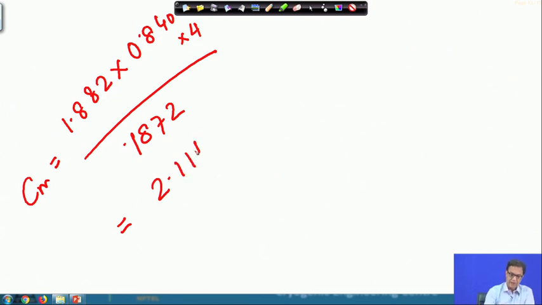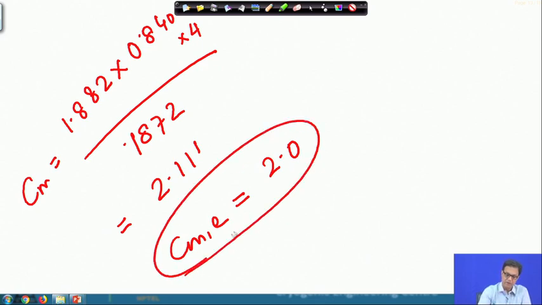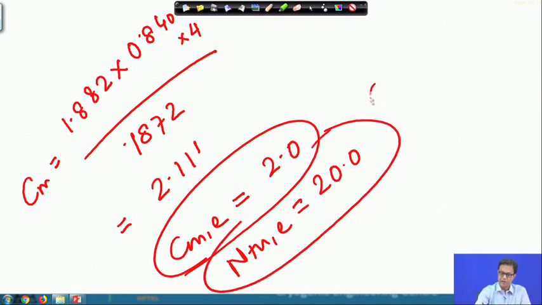Now, we have the equivalent CME, then you will find that it is coming nearly to be 2.0, and then if we now have the value of this effective NTU and the effective value of Cm, that is equals to 20 and 2, and the corresponding value for the epsilon, from there we will get an epsilon is equals to